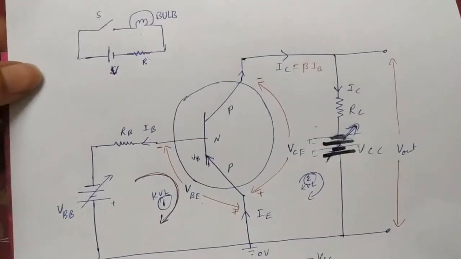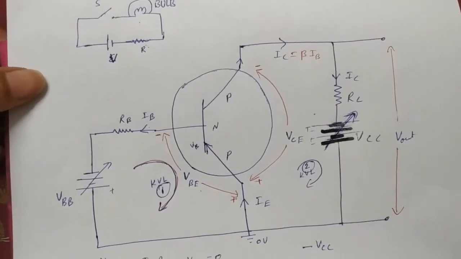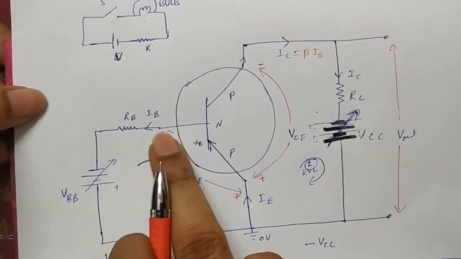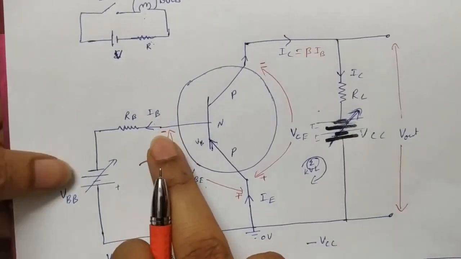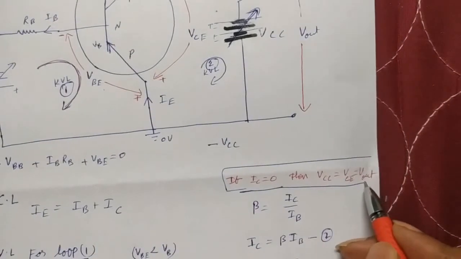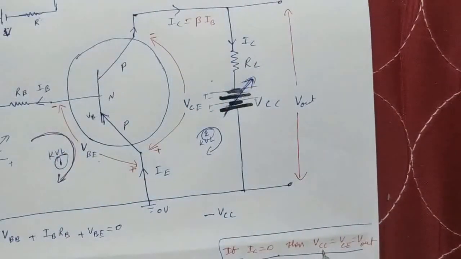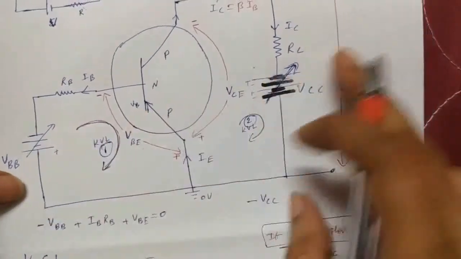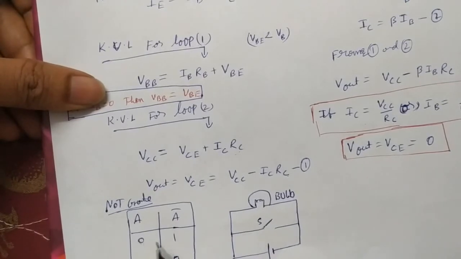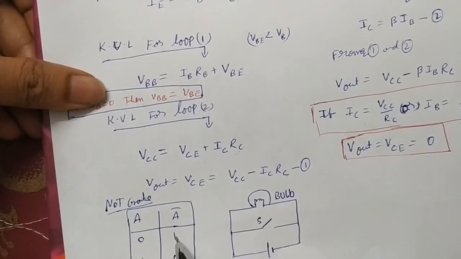And how does this transistor circuit work as a NOT gate? Suppose initially you are not giving any current here, IB is equal to 0. So if IB is equal to 0, IC is also equal to 0. Then what do you get as output? We get maximum output, we get VCC outside. That means if input is 0, output we are getting is maximum. That is how the logic builds here. Input is false, output is true, or input is low, output is high.